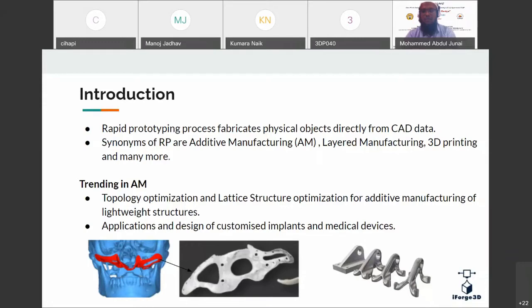Overall, additive manufacturing has a huge industrial application in aerospace and automotive. In metal 3D printing, compared with plastic 3D printing, there is a lot of scope and the trending things are going in metal additive manufacturing.